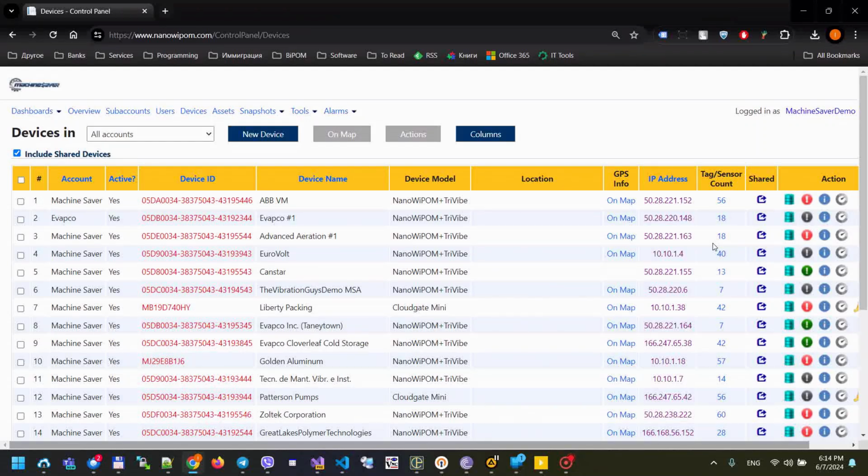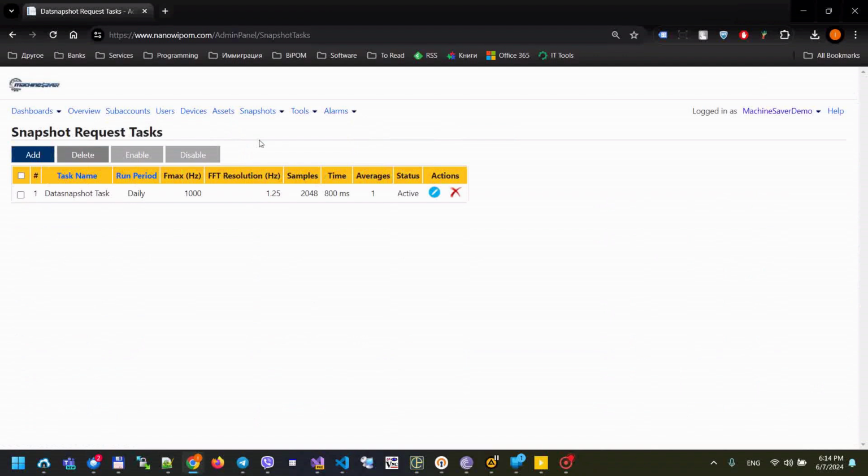Hello, I will show you how to configure data snapshot requesting on NanoWebPAM web portal. At first, you should log in to your account, and after this, go to Snapshots menu and select Tasks submenu. On this page, you will see a table which lists all configured tasks